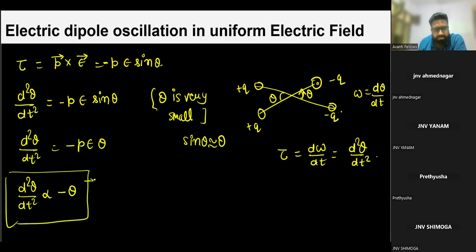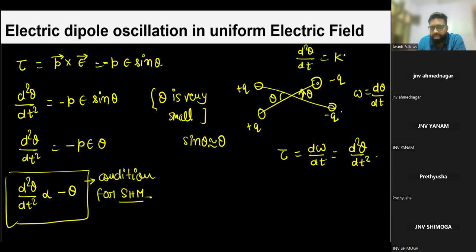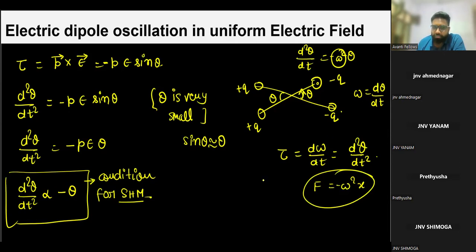This is the condition for SHM। ठीक है, दिस इज द कंडीशन फॉर SHM, एंड SHM में व्हेन यू रिप्लेस दिस, हमने देखा था कि d²θ/dt² इक्वल्स टू k टाइम्स ऑफ थीटा माइनस k, so this k is nothing but omega square, have you remember it, F is equals to minus omega square x। ठीक है, माइनस के एक्स की जगह लिखते थे इसे, है ना, ओके।